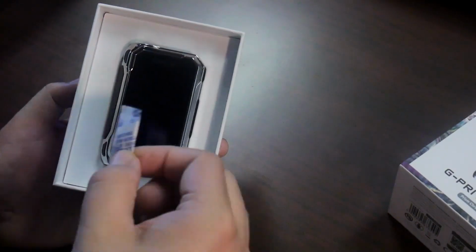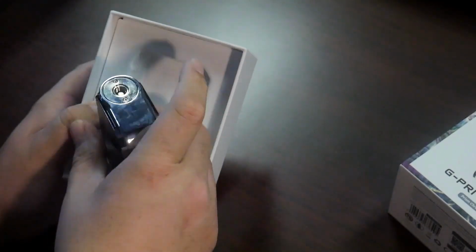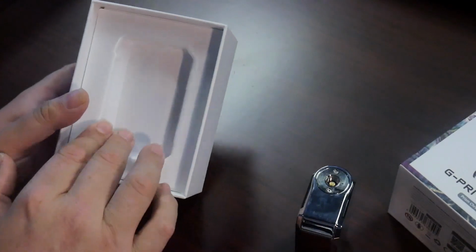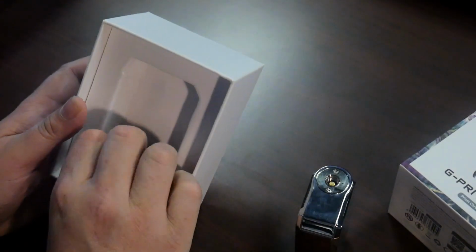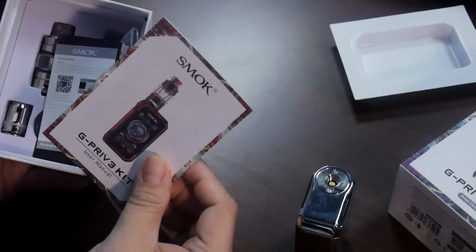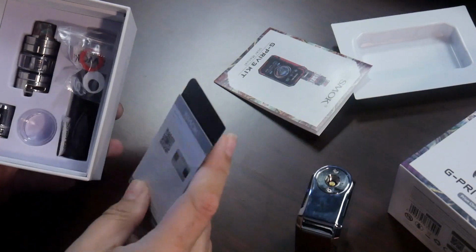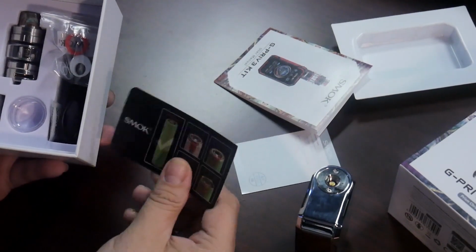Beautiful. Do not eat these. They suck. And this is the device. So here's the device, and in this package you get this wonderful plastic tray thing, which I can never get out. Okay. You get your instruction manual, your warranty and verification information right here,